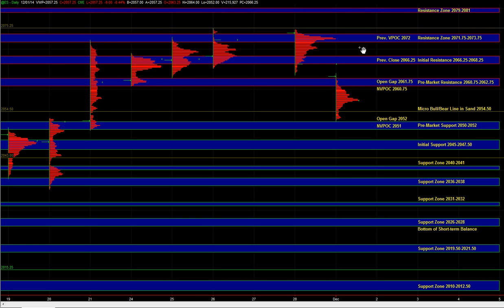Now, heading into the open, we know that over the last couple of sessions, we've seen the selling, and there could still be some more selling pressure left in this market. But at the same time, we need to balance that with the idea that we're still trading in a range, that this isn't some large balance breakdown where the market has to trend to the downside,